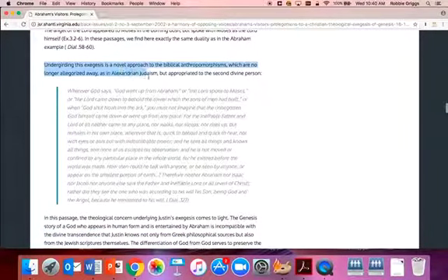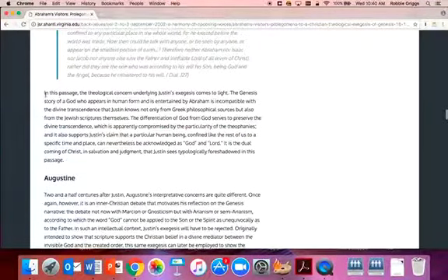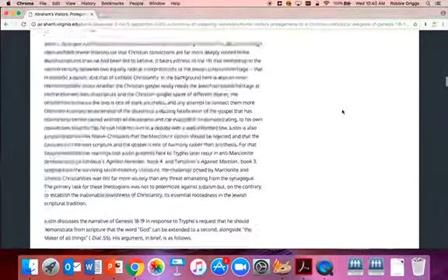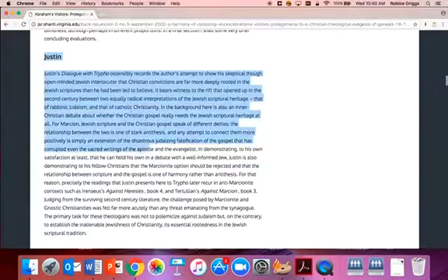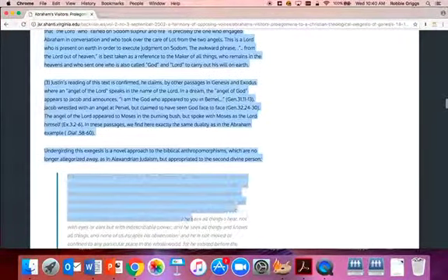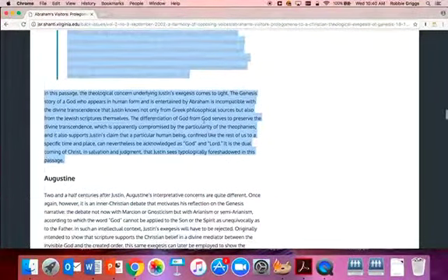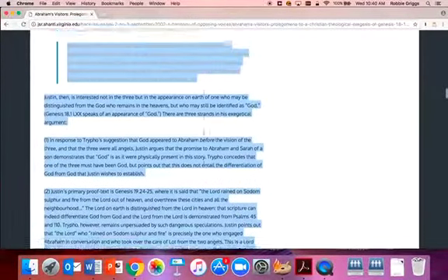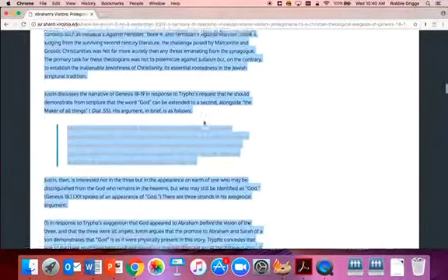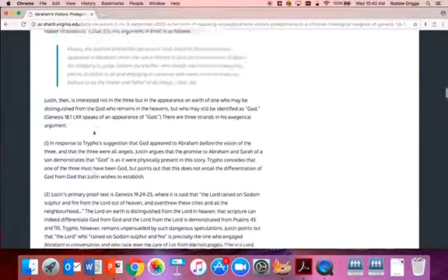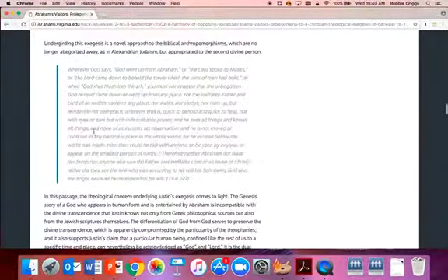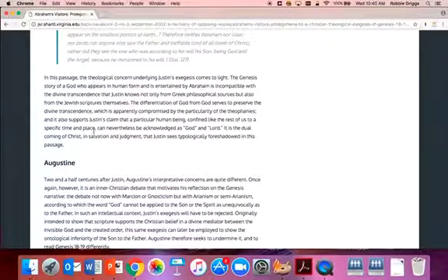Here he identifies an important feature of what Justin is doing, and then he gives a conclusion about Justin's reading. So notice, the thing I want you to notice is how brief this is. Francis has got to do 4 readings of this particular passage, and he's doing it in 6,000 words. So he's got to make some decisions about what he's going to talk about, how much he's going to quote from the author, and how he's going to summarize what the author is doing. You'll need to be doing similar things.